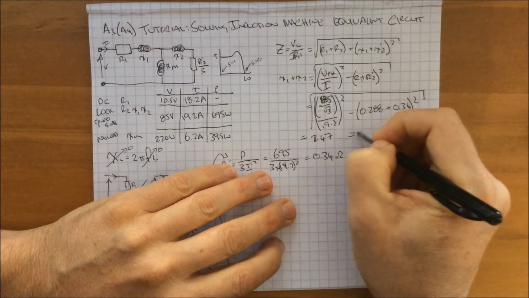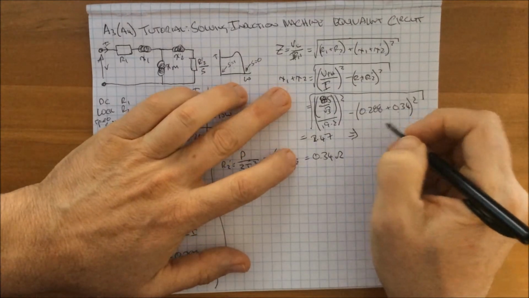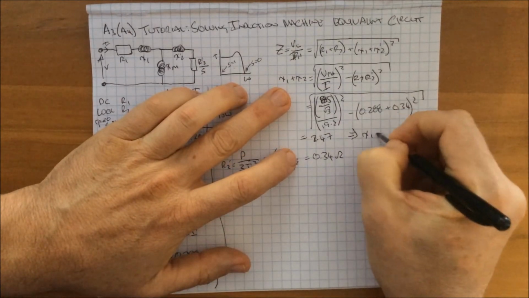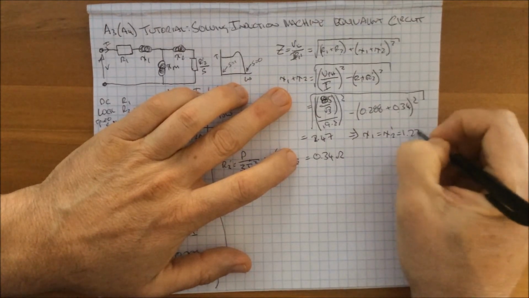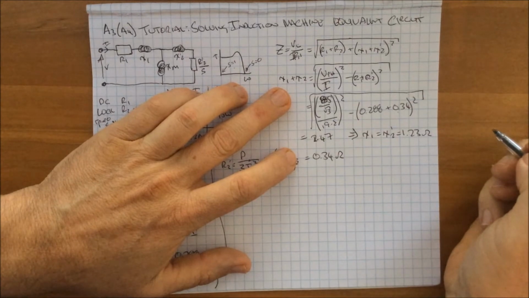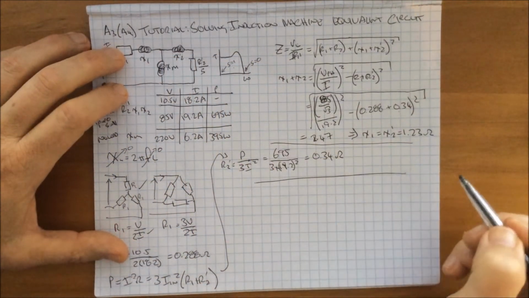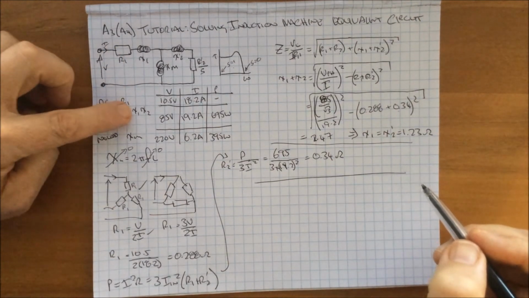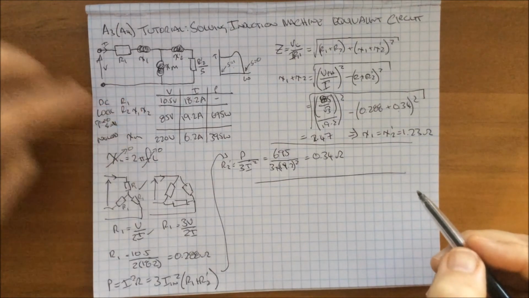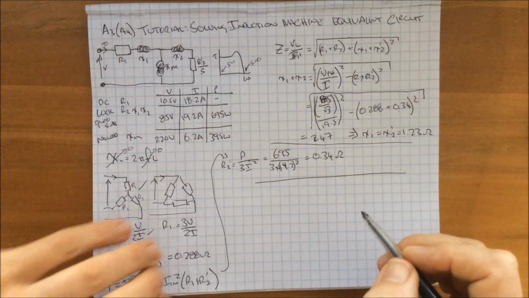And as I said, the second assumption that we make is that X1 and X2 are roughly the same value, so therefore X1 equals X2, which equals 1.23 ohms. So we now have the values for R1, R2, X1 and X2. We now need to find out the value for XM. To find the value for XM,